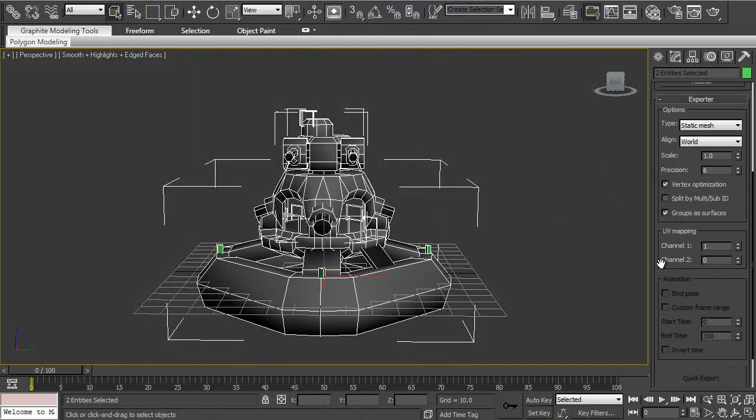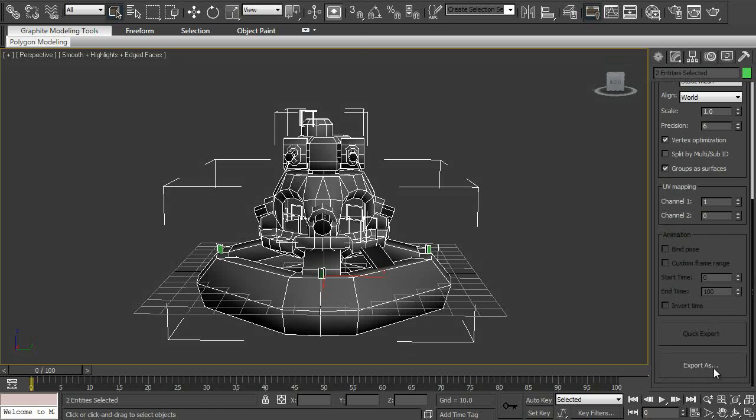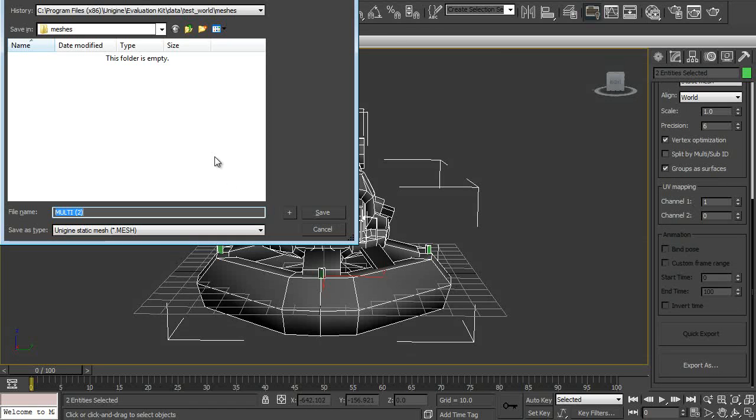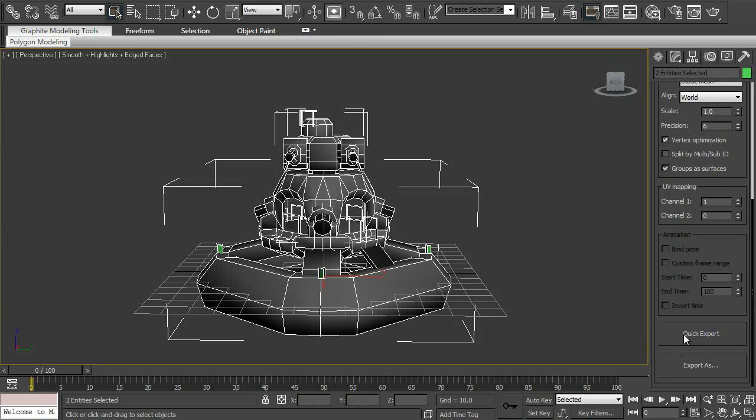So now we're going to go back to our utilities, and we're going to go down to export, select export as, and then we're going to have to navigate to wherever you have created the meshes folder. Okay, and I'm just going to call this Canon, then hit save. Now as you can see, our quick export has become ungrayed. So now if you make any changes, you could just quickly select the quick export and drop the new file